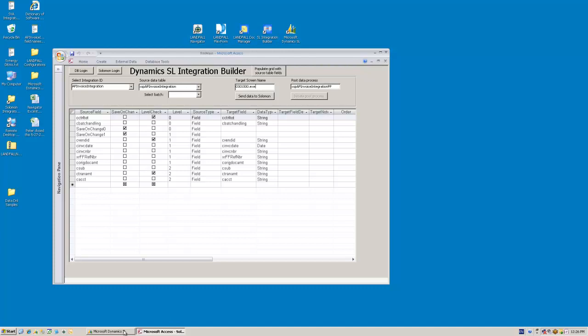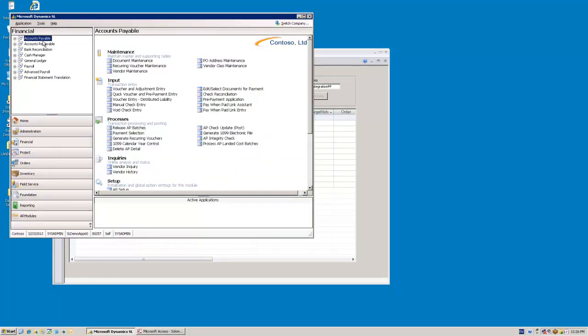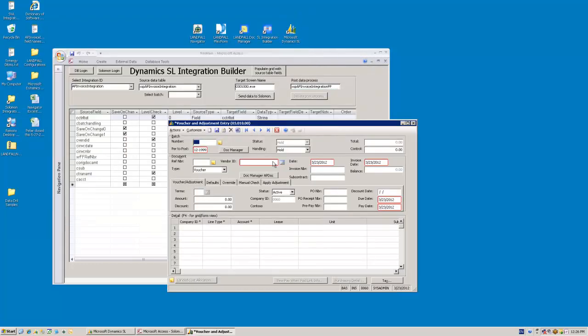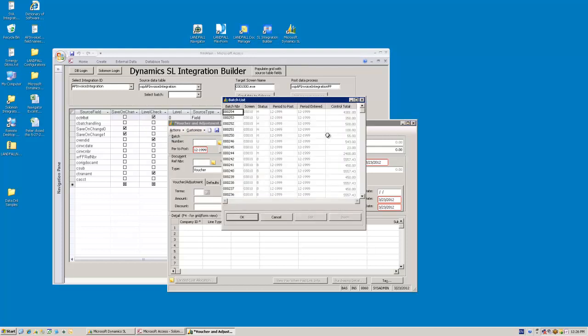So as an example, I'm going to go into Accounts Payable, Voucher and Adjustment Entry, and I will now have the Voucher and Adjustment Entry screen open. I'm going to draw some parallels between Integration Builder and the Voucher and Adjustment Entry screen. You can see that I can do a lookup of a batch in here,